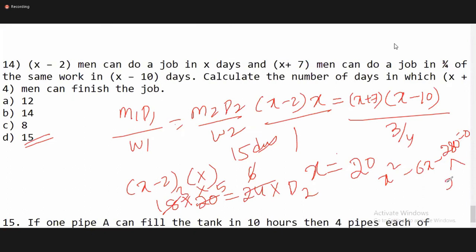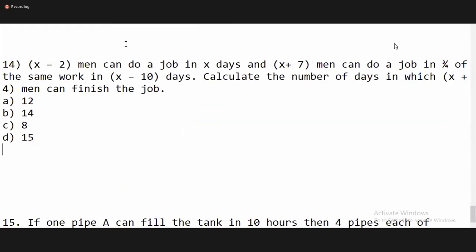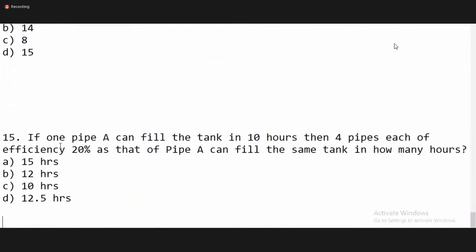So you have to split 280 into 20 and 14, no? So you have to write x minus 20 and x plus 14, because x should not be negative. So the positive value, x is equal to 20, because you need to equate to 0, no? Yeah. So this completes our solution. So next.